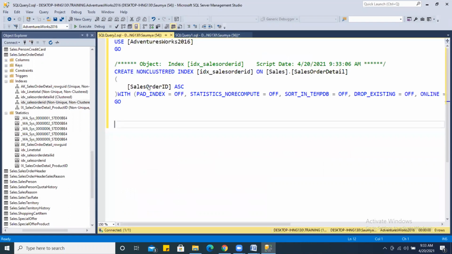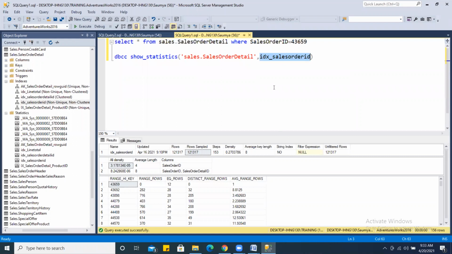You can see here, this is a non-clustered index. So what does statistics contain? Statistics contain the data values for all rows in a certain number of steps, based on the column on which the index was created.